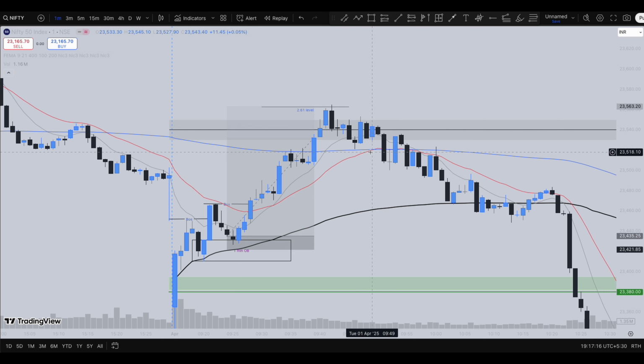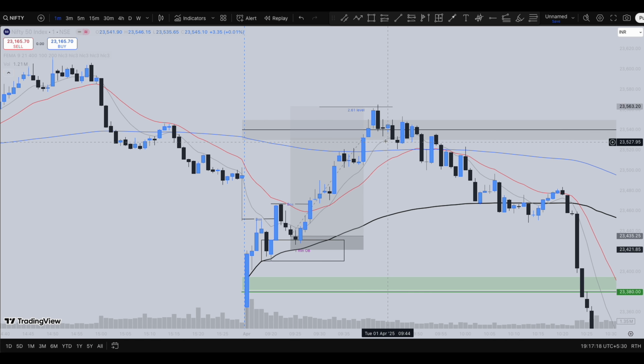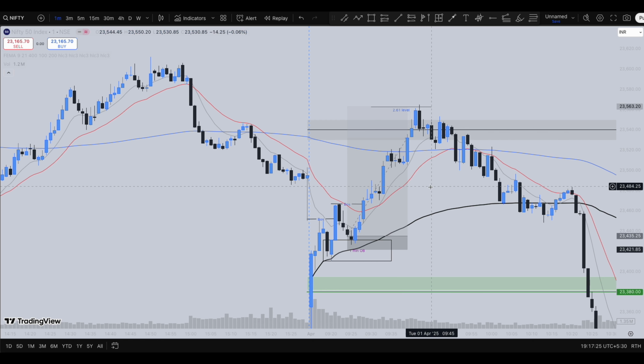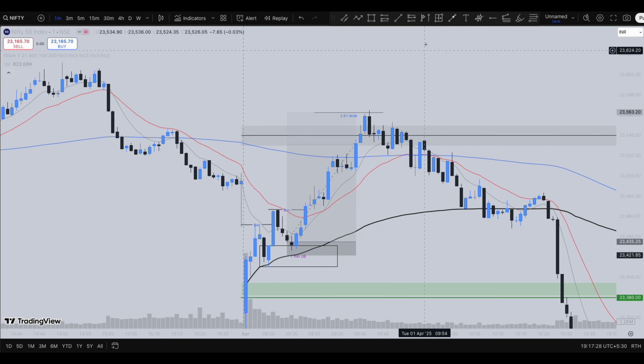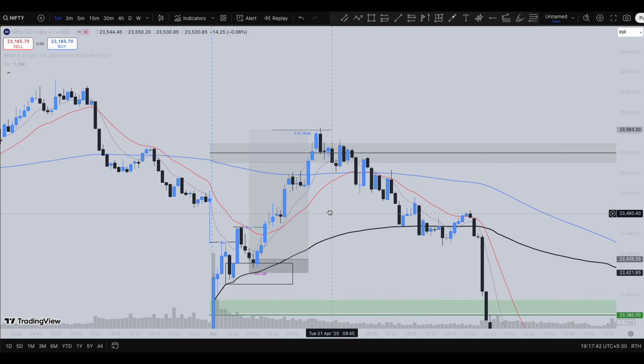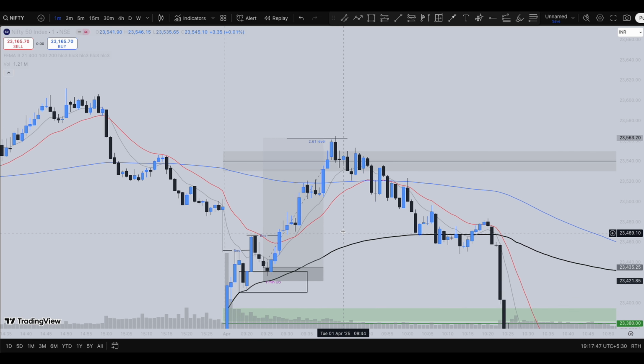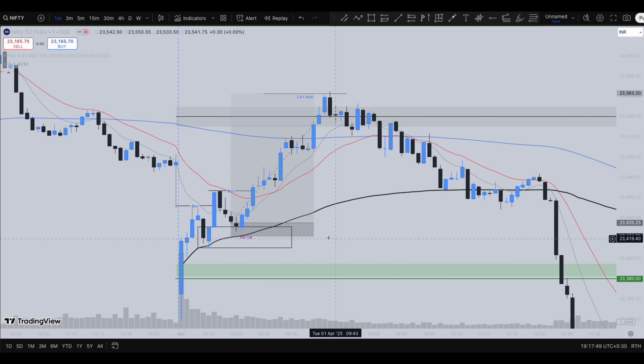Or you could have traded as long as the market is trading above the 9 as well as the 21 moving average. You can see this candle over here, which actually broke the 21 moving average as well as the 200 moving average towards the downside. You could have tried here, or you can see this kind of retracement and price rejecting from these levels, the 200 moving average, and trying to head higher. You could trail your stop loss all the way to this zone. Once this level has been broken towards the downside, you could have easily exited. Or you could have targeted the 2.68 level or the 1.68 level or the 100% move. I hope you're getting what I'm saying, guys.